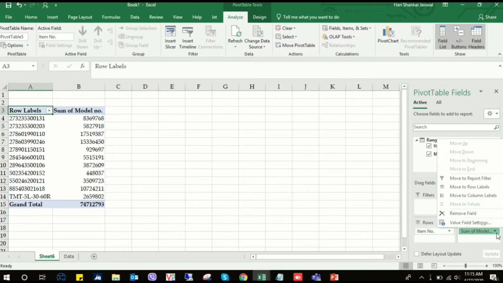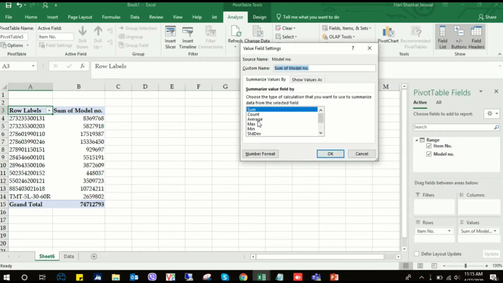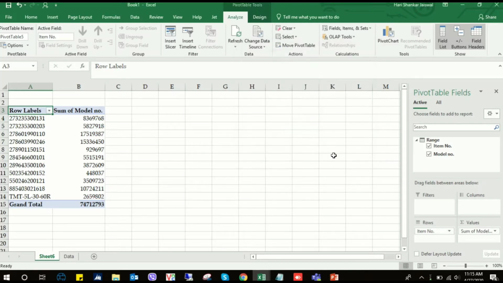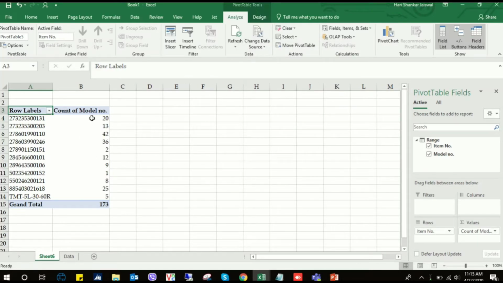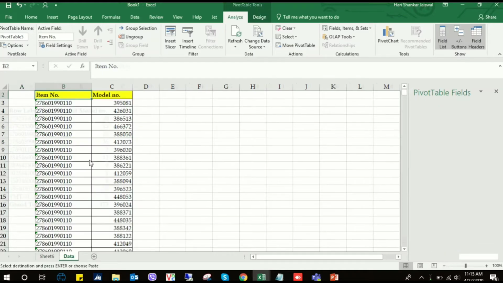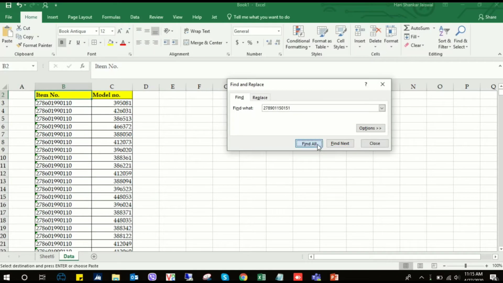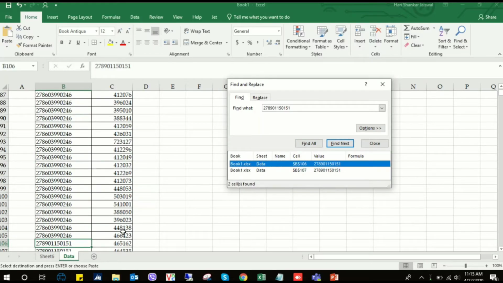So for that we will go here and choose Count. Okay, here we can see the count of model numbers for the item numbers. We are going to look for this item, here the count is 2. So we'll go here, and you can see here